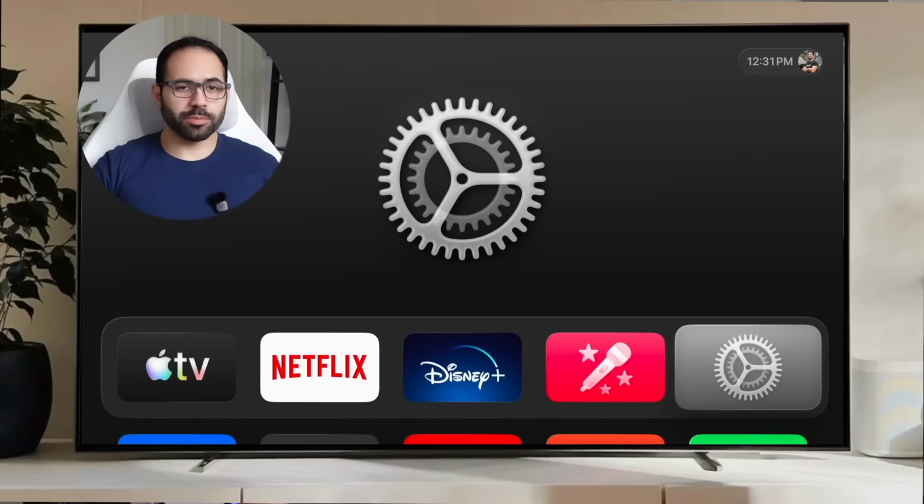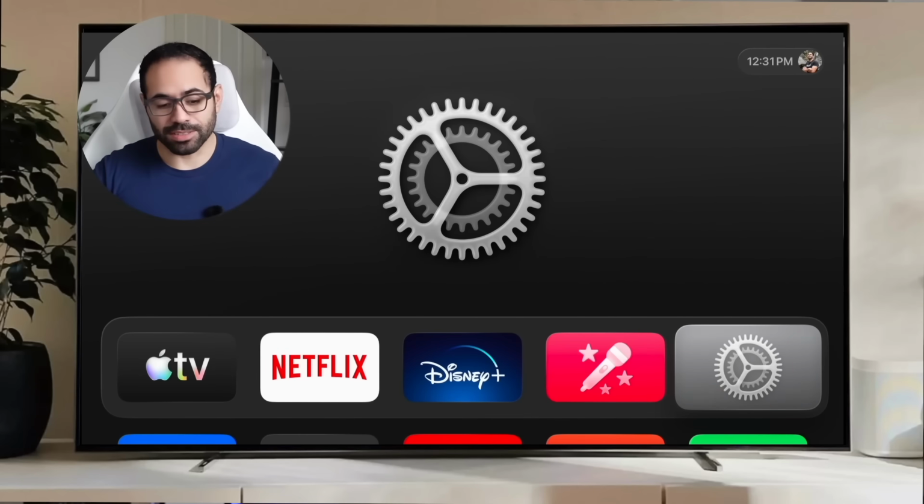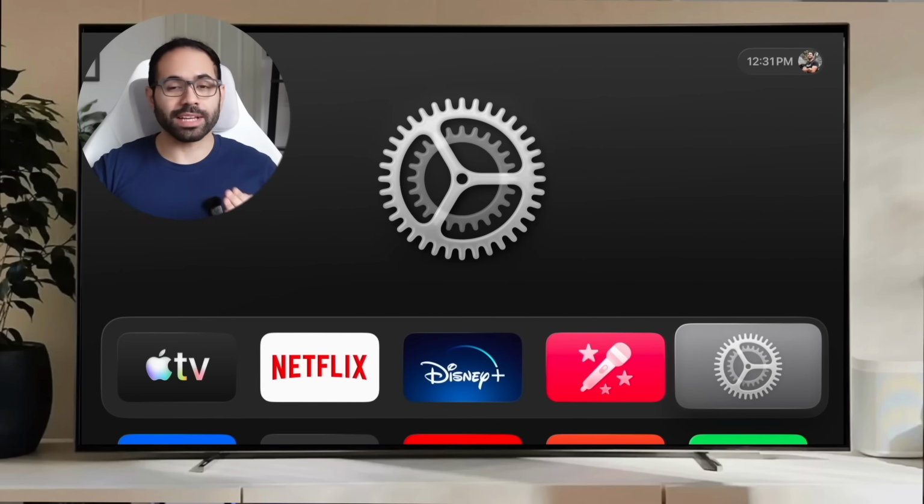Now let's say, for example, you have a really awesome surround sound system. Could be an AirPlay surround sound system, like something like a Sonos, a Bose, or even Apple HomePods paired in stereo. If you wish to select that to be the dedicated sound audio output for your Apple TV, you can easily do so now without having to reset it each and every single time. Now you can actually select and make that the default